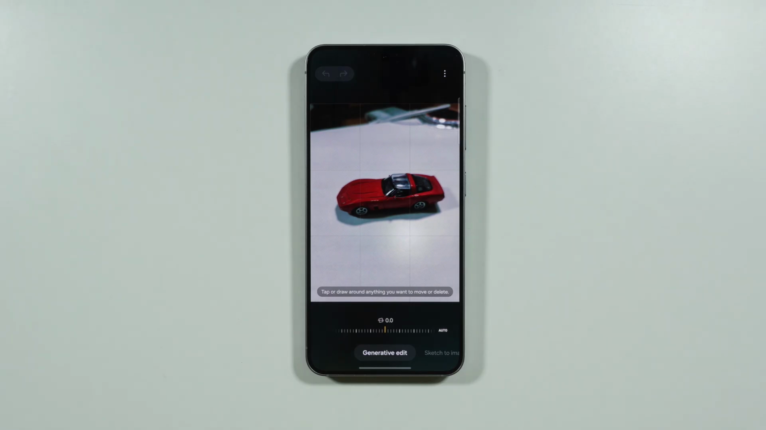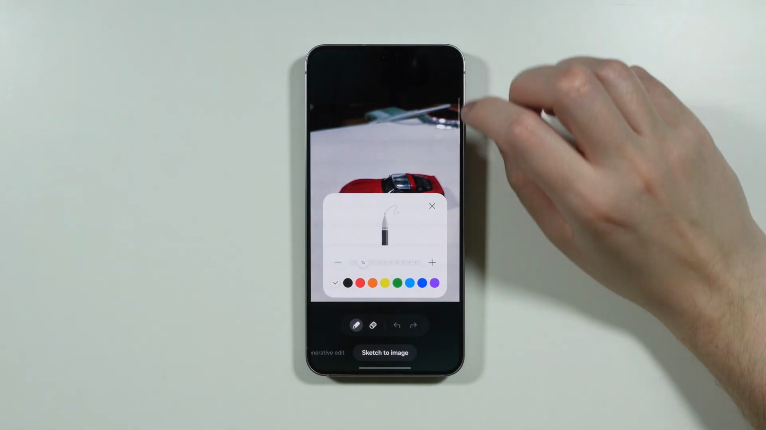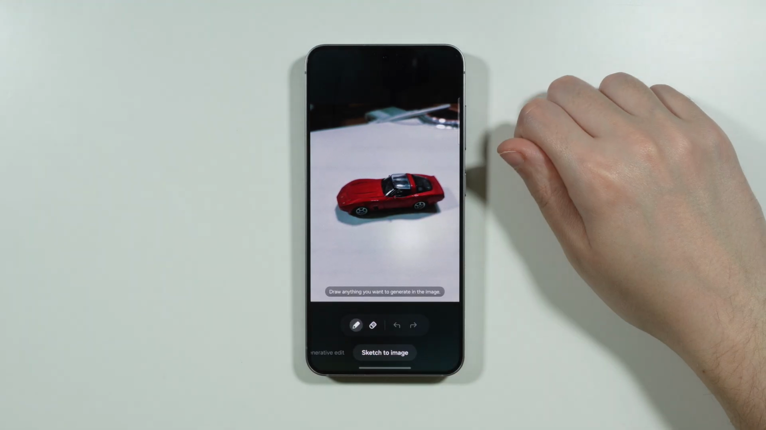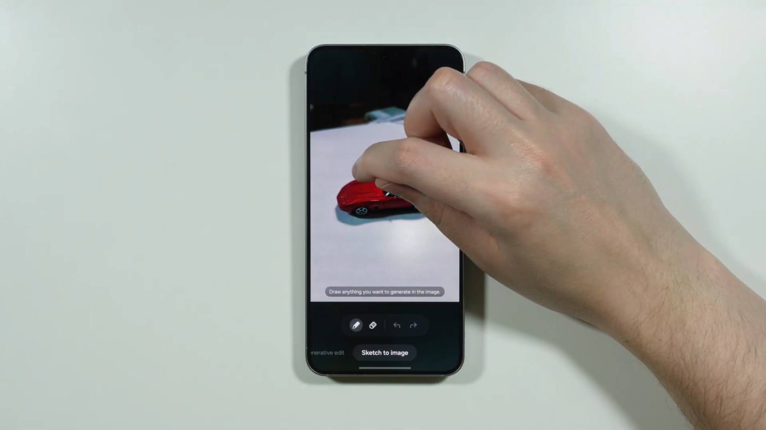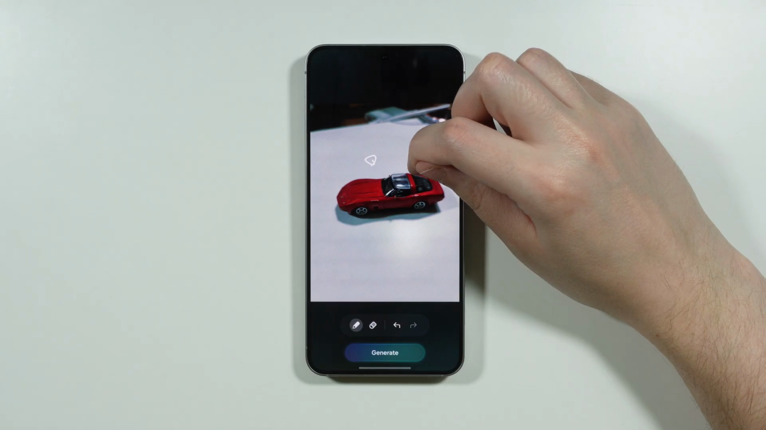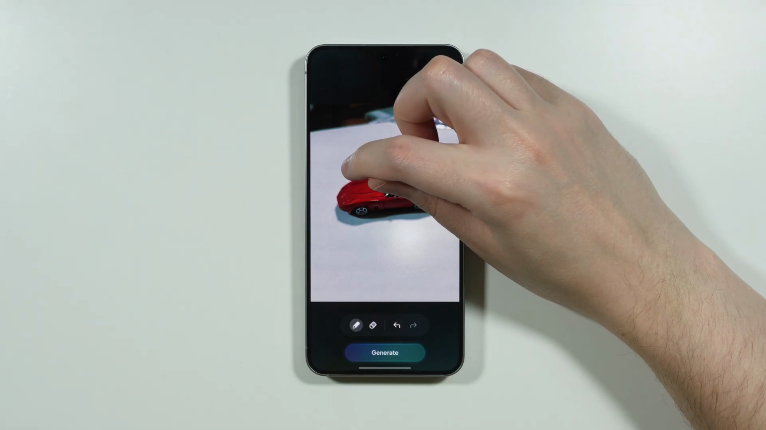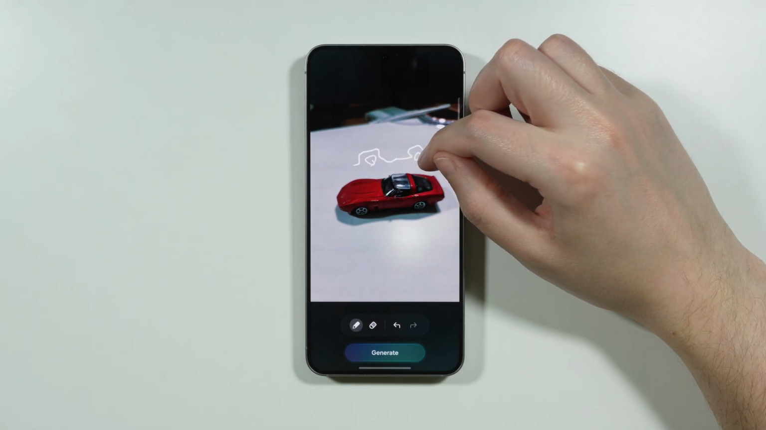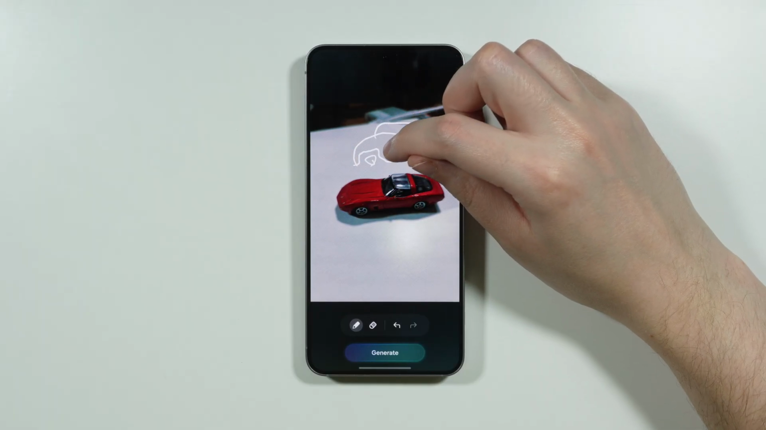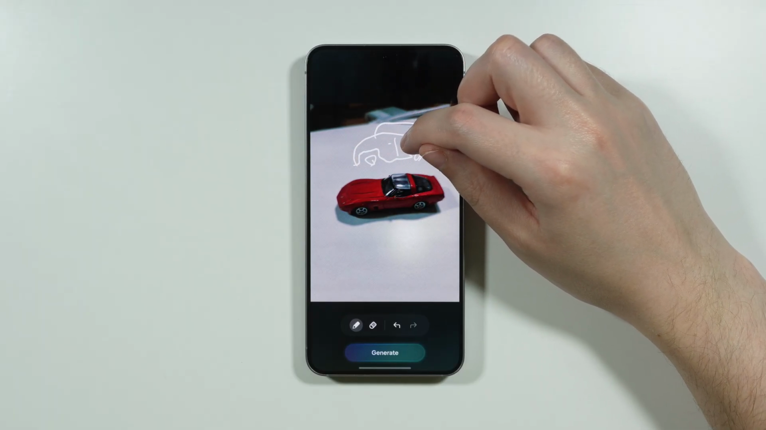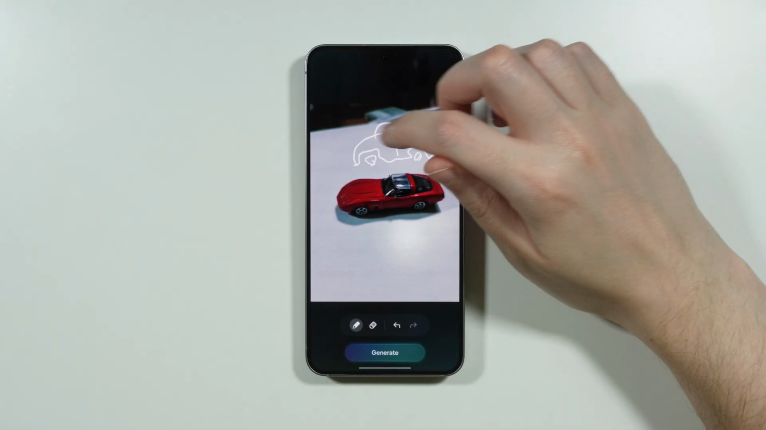So once you open this, you should see the generative edit at the bottom, but we can switch to the sketch to image. Now we can draw anything you want and try to turn it into, let's say, a real thing. So let's say that I'm gonna try to draw another car in here. Of course my drawing is going to be really bad, but still, maybe the system, the AI will recognize what